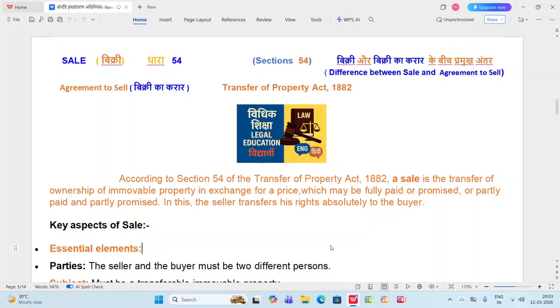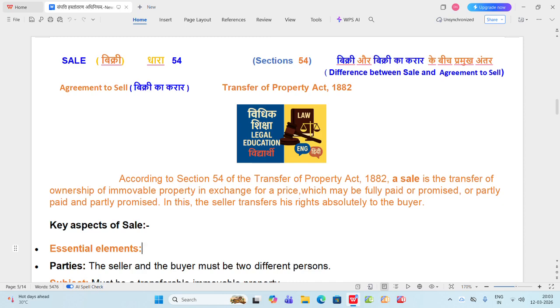Today I am going to discuss what is sale and what is agreement to sale, and the difference between sale and agreement to sale. This comes under Transfer of Property Act 1882 under section 54. So friends,